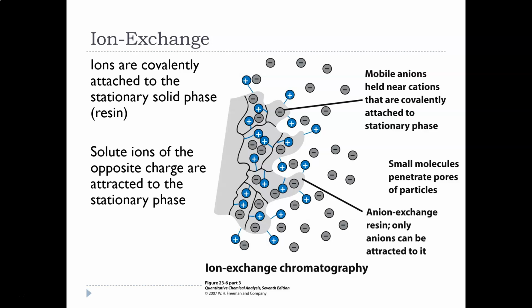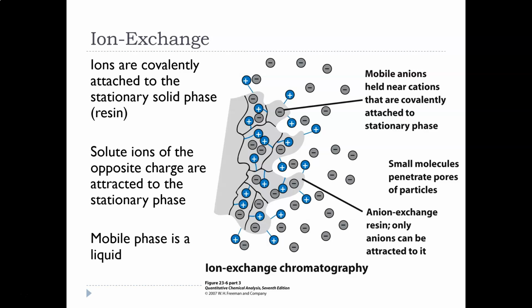The ions that are present in the mixture that are the opposite charge of the stationary phase will be attracted to it. So the stationary phase could either be positive or negative. But let's say the stationary phase was negative, then the positive ions are going to be attracted to it. And so then that means all the negative ions are just going to whoosh, go straight through with the mobile phase. They're not going to be attracted to the stationary phase at all. And so we're going to attach all of those ions that we're looking at to it. The mobile phase is a liquid. Okay. And so with ion exchange chromatography,